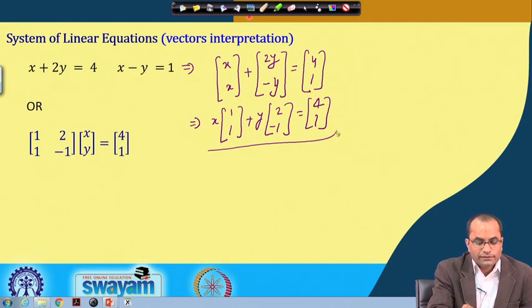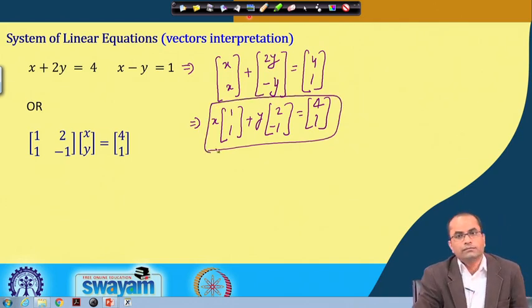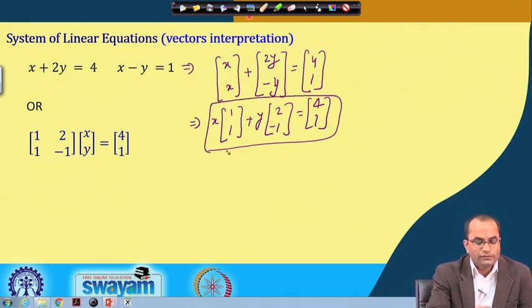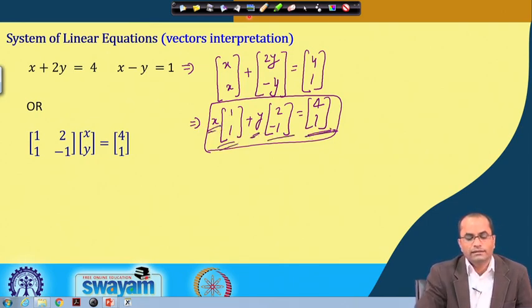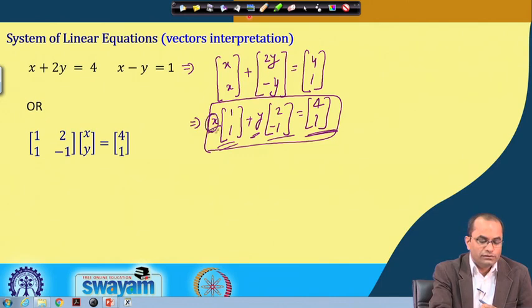So, we have written the given system of equations in this form, where we see the vector scalar multiplication, vector scalar multiplication, and here the vector again, the right hand side. Scalar means the number x here. So, now